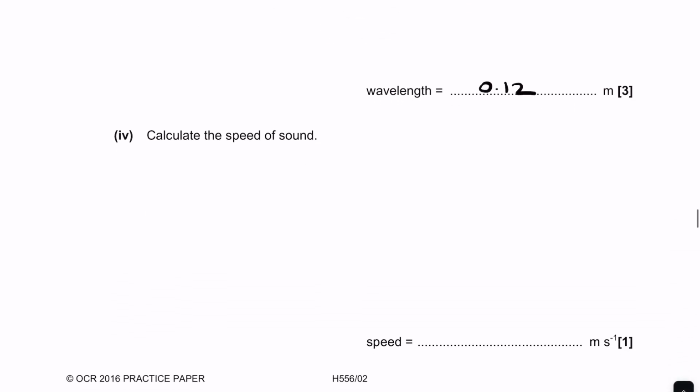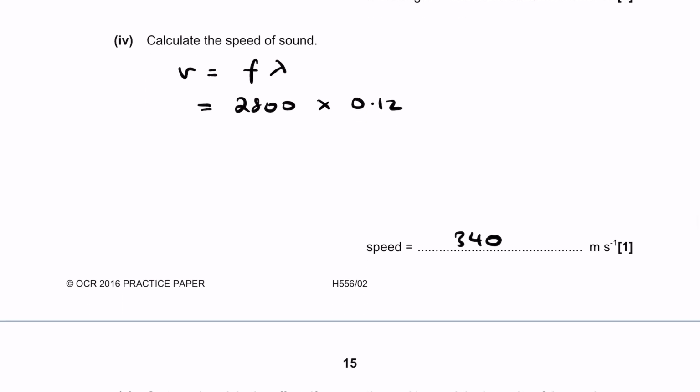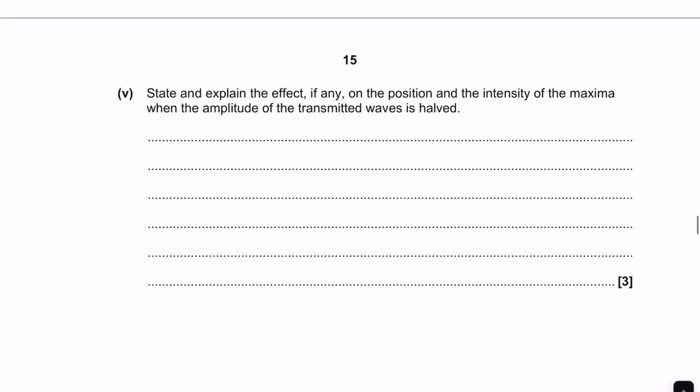Okay, then we have to calculate the speed of sound. That's easy peasy. v is equal to f lambda. f is 2800 and lambda is 0.12, which gives me 340 meters per second. For part V,